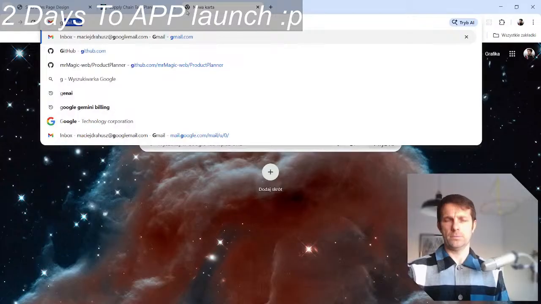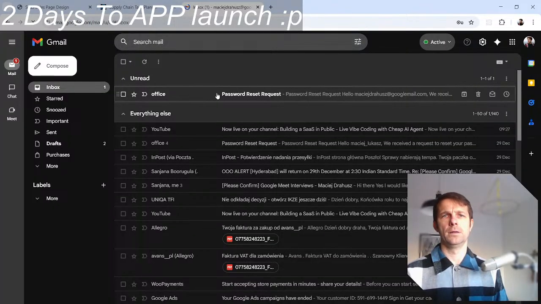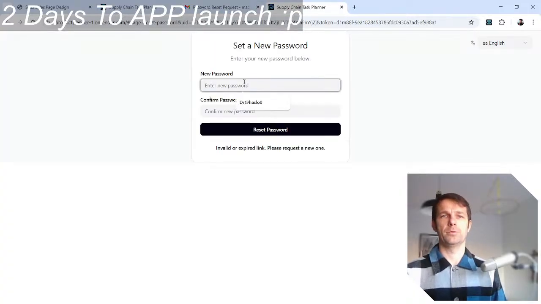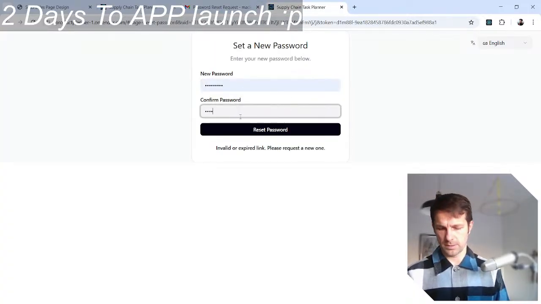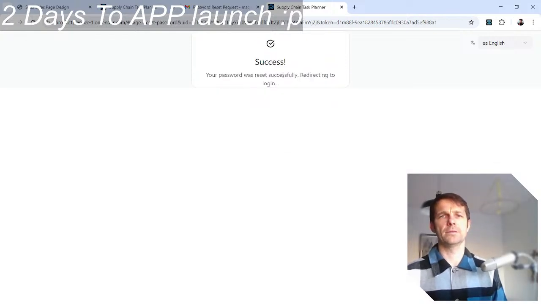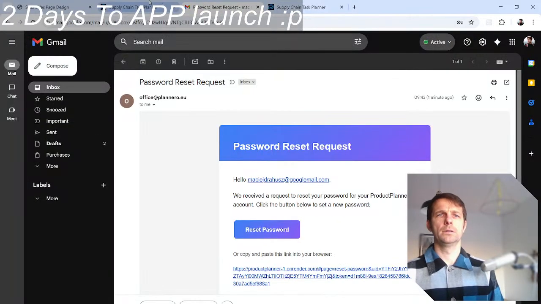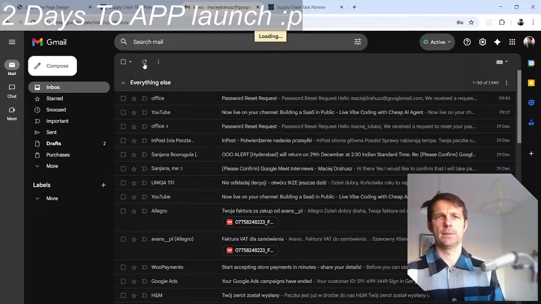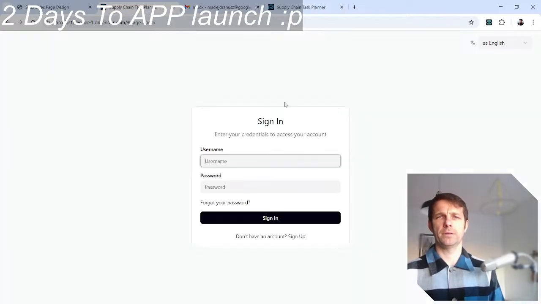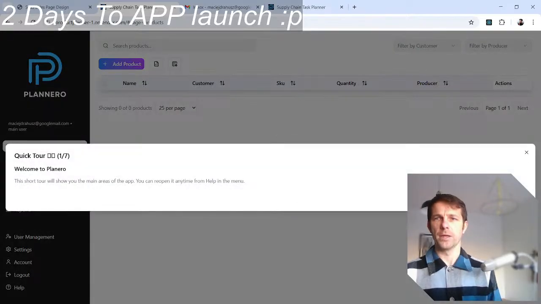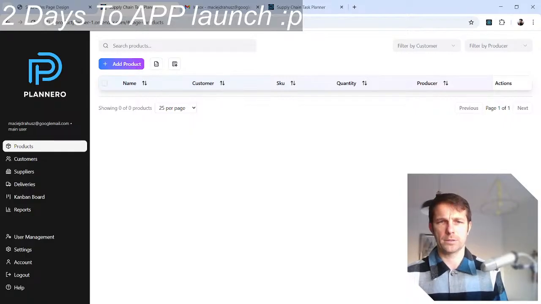And now in my Gmail I have a reset link, which is great, and it's working correctly. And I put my new password, which is this. That's fine, this is my test. Okay, I think we have reset now. Good. Oh, virtual tour.